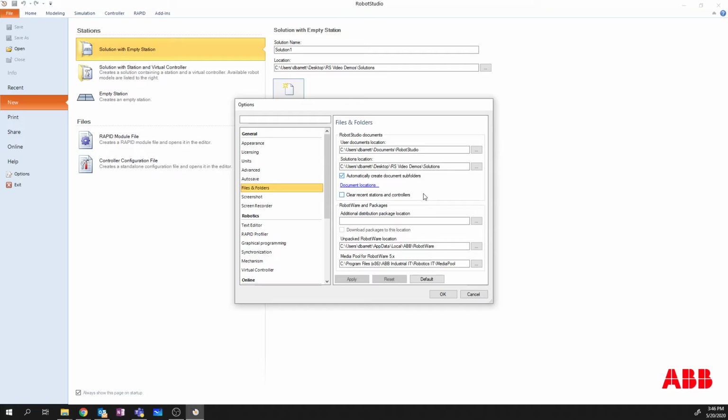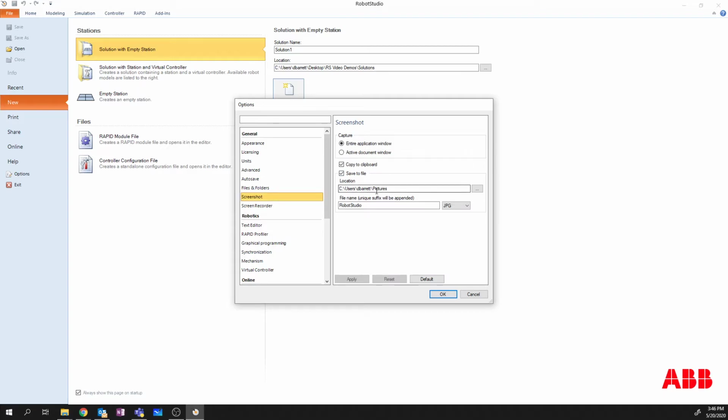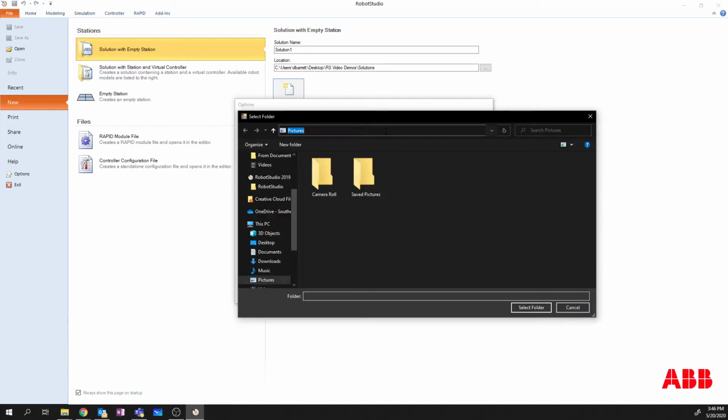Now we're going to add two new locations to screenshot and screen recorder, because I want these to fall under my RS video demos. So I'm going to select this, use Control-C on my keyboard to copy it. And I'm going to go in here and say location. And up in the address bar, if I paste this,